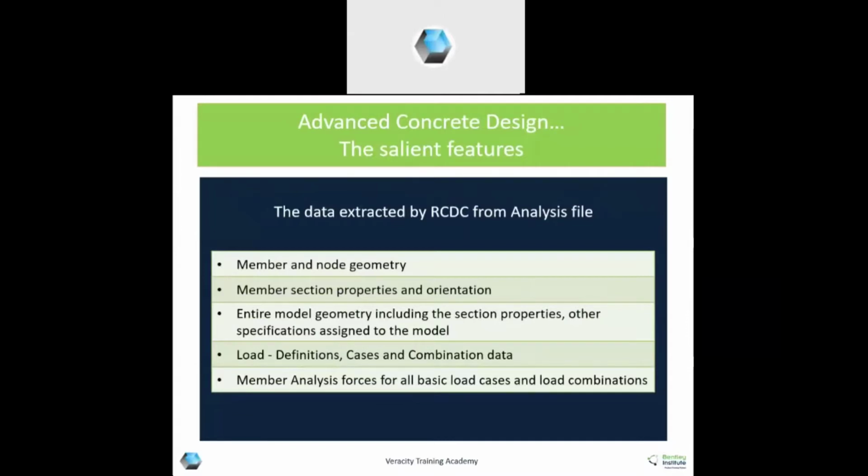All basic load cases, definitions like wind definition, seismic definition, and the load combinations also. Member analysis forces after these combinations, whatever combination load cases you have already input in your STAAD file, those are also extracted.